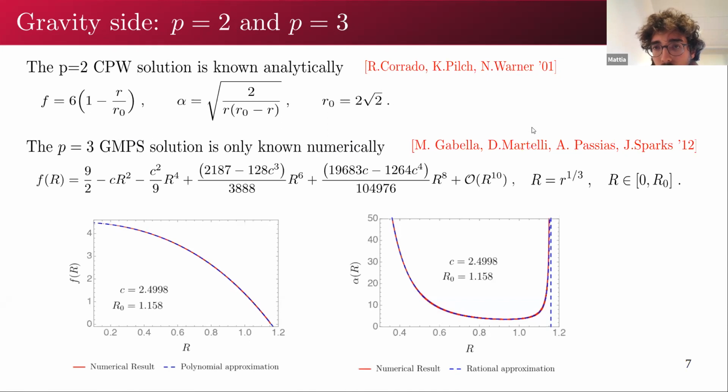It was first derived in the same paper as before, by performing a Taylor expansion of f in r, where r is this redefinition of the radial coordinate, next to r equals 0, and then using this expansion in order to trigger a numerical shooting problem. By demanding the proper falloff of f, we are able to recover a nice parameter c and a nice value of r naught, for which the behavior of f seems to be the correct one. And this is the behavior of alpha as well. And our results agree, of course, with the ones reported in this paper here.